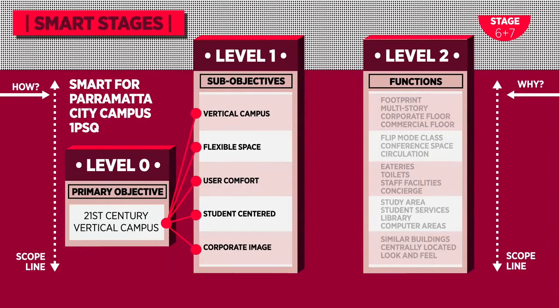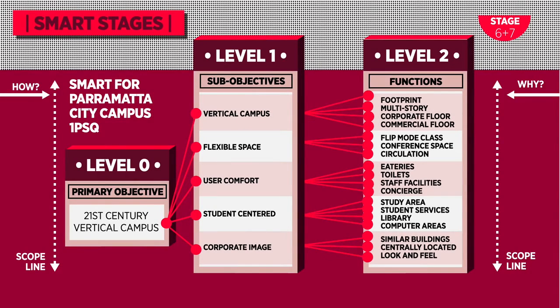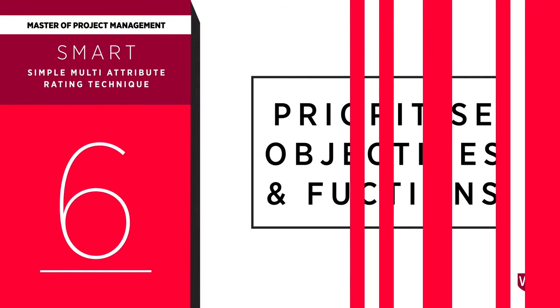Previously, we further decomposed these objectives into a series of functions that would achieve each of these objectives. Now we have a perfect hierarchy of objectives derived using how-why logic. One can further decompose these functions to create even level 3. However, we do not intend to do so in this example. As such, we scope the project to be between levels 0 and 1.